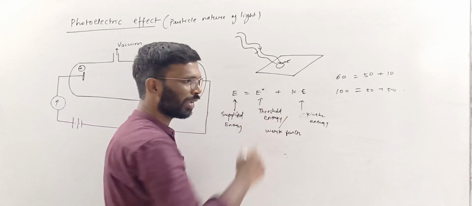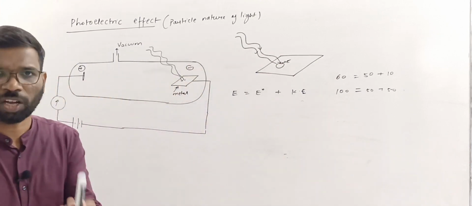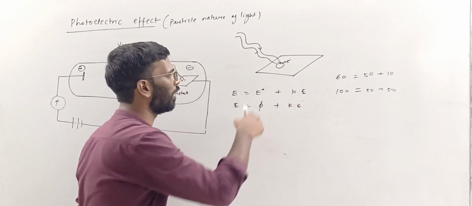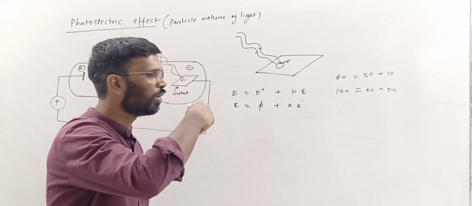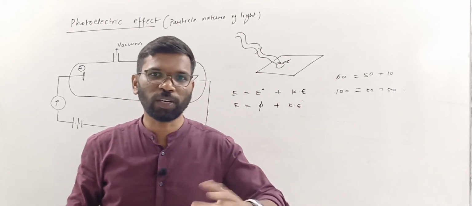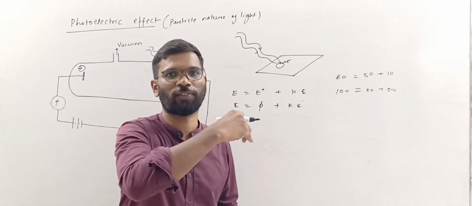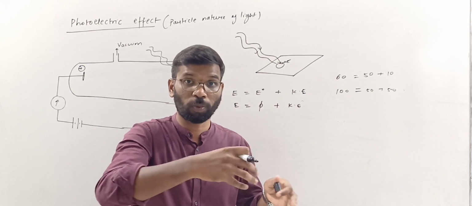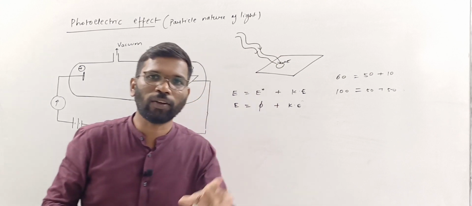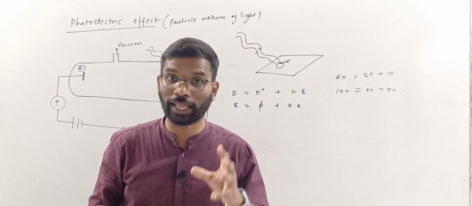So E is equal to E naught plus the kinetic energy. To go into the detail of this equation, in some books it is always written as E is equal to phi plus kinetic energy. Phi is the energy required to remove that electron out. See, phi is the work function, right? The difference between work function and ionization energy is that work function is for a solid. Here it is a metal surface, a solid, and we are removing the electron from a group of atoms, right? It is in the environment of other atoms. That is the work function, and the ionization energy is for a neutral gaseous atom independently, right? That is the difference between work function and ionization energy.